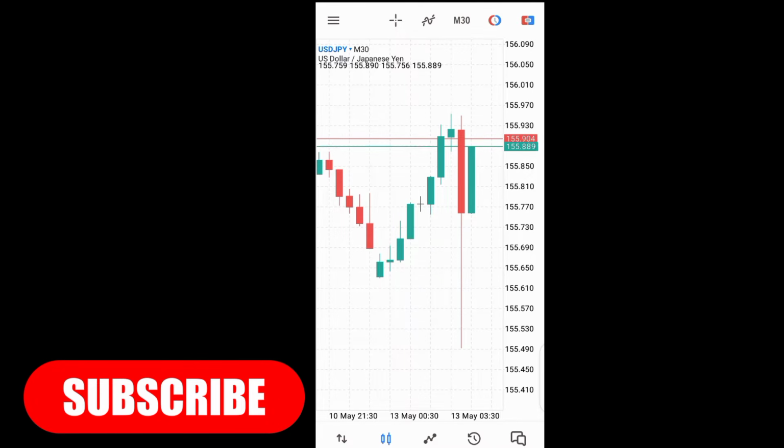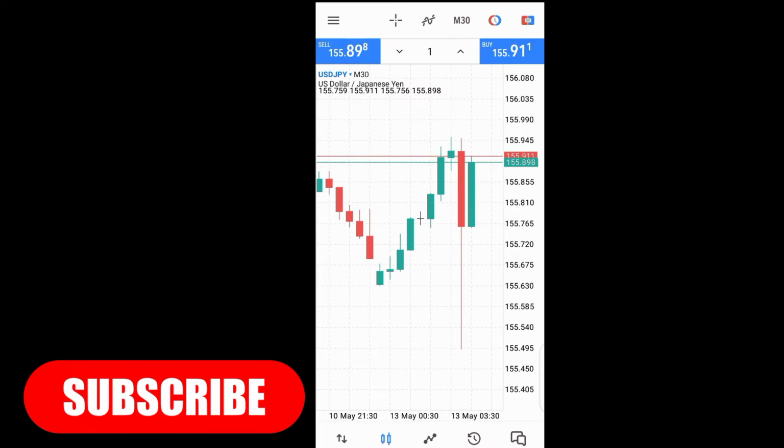So in that case, my stop loss will be above the entry price. If my entry price is at this point, then my stop loss will be above. So let me just do a practical example. If I click on this point, let's say I want to sell at this current price of 155.88, then if I just click on sell,